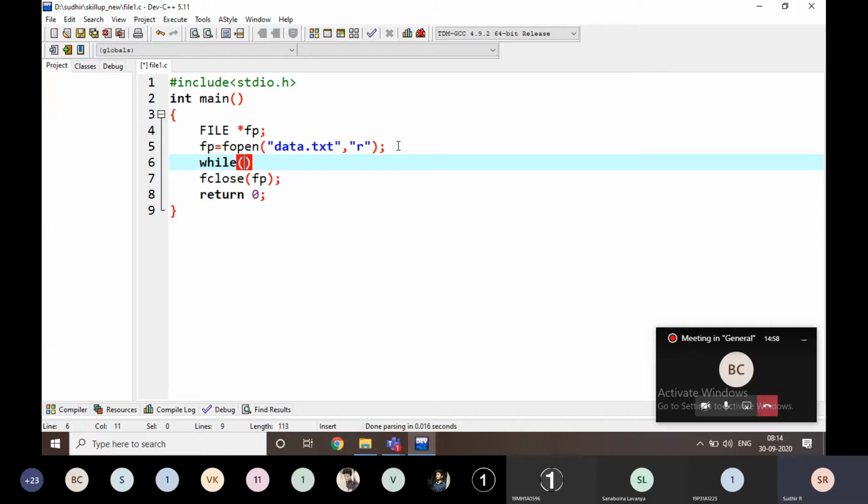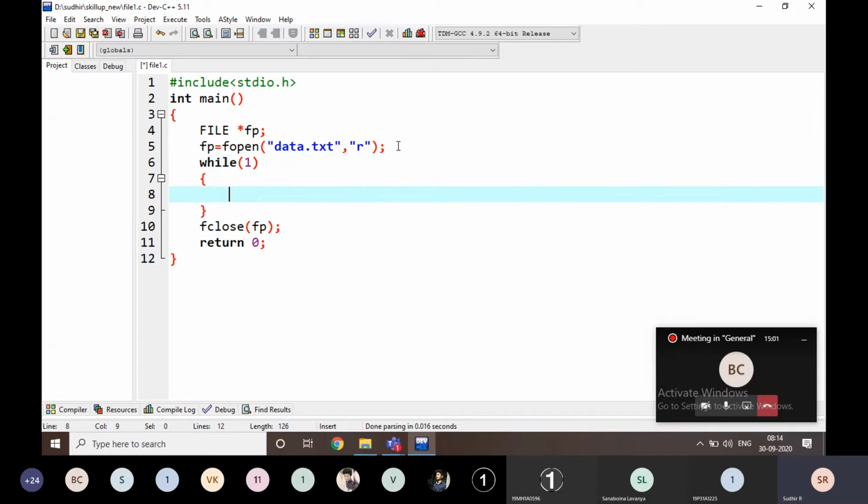I don't know how much data is in that file. I want to read all the data in that file, so I'm going for a while loop here. For example, if I read only 10 characters I could use a for loop, but here I don't know how many characters are in that file.